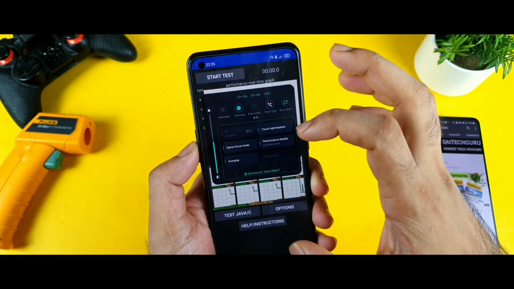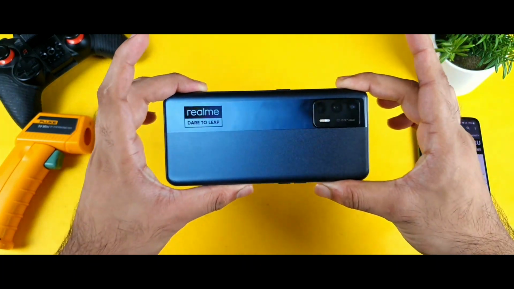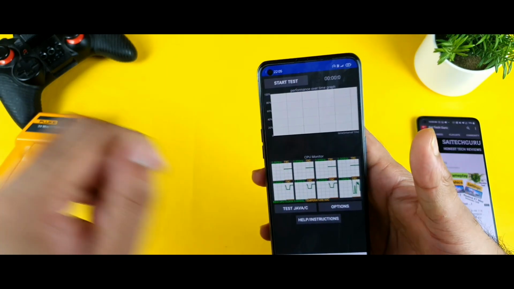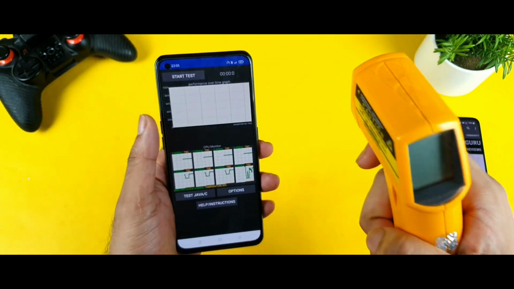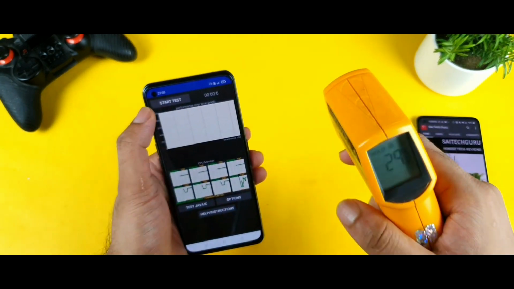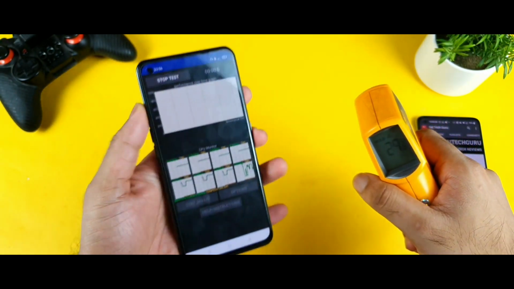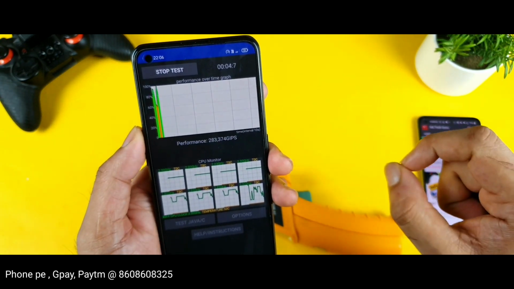So now we gave this Realme GT Neo Max Dimensity 1200 complete full potential to use. Now let's see what the graph will be, how much performance score we can actually see, and how much temperature. Temperature is the main thing which we need to keep an eye on. And battery, you can see 59% right now. And I started the test. I'm trying to use the settings of 100 threads and the same 15 minutes.